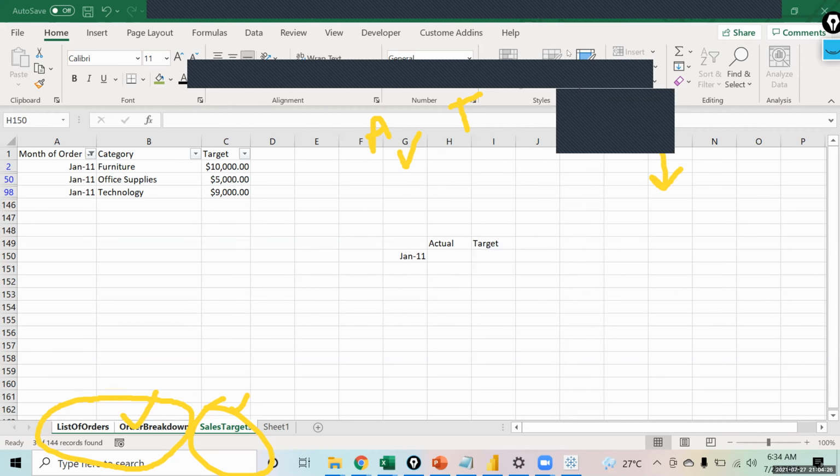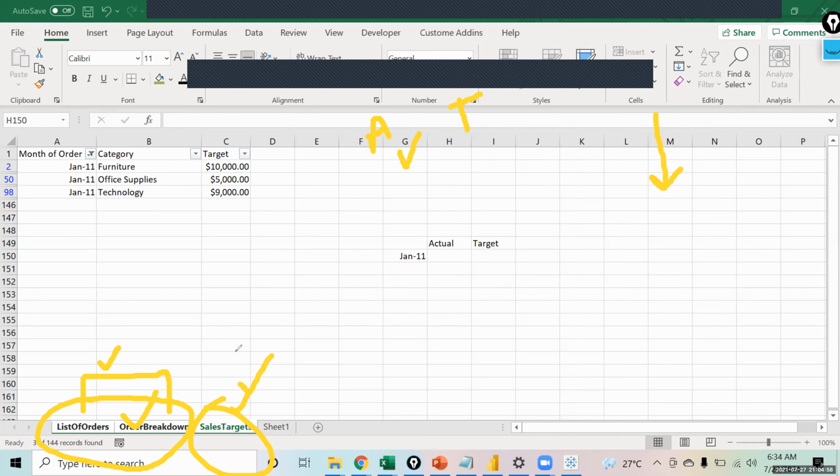Yes, everyone? No, you performed the join from the orders and the sales, right? That is a simple join. Based on the inner join, you got the common records. We have made a join between list of orders and order breakdown, and after that you are just grouping. So grouping is happening two times, right? Grouping will happen on this and grouping will happen on this.